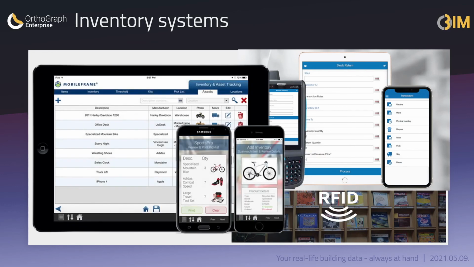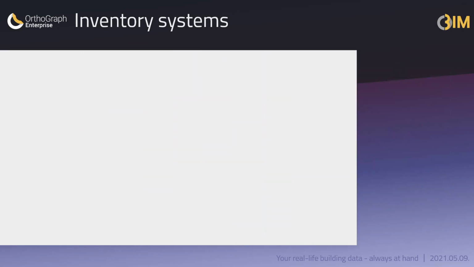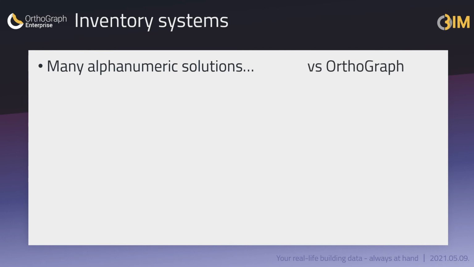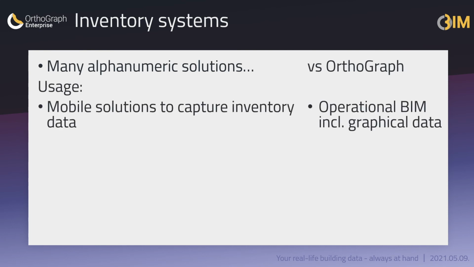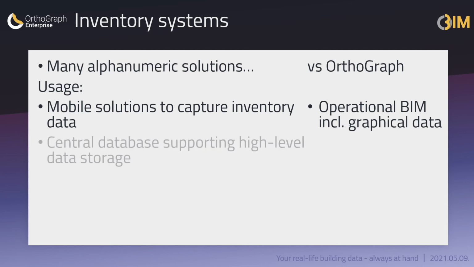Interestingly, inventory systems are closer to the demand of operational BIM than CAD systems. Let's see how they are related to the facility and maintenance management, and let's compare them to Orthograph operational BIM technology. All these technologies rely on mobile devices, not always on smartphones, but always simple and direct tools and collect data. There is no graphical surveying in it, but the elements can be recorded with their properties. There is always a database in the background that can collect the work of many users working at the same time, collecting the asset inventory.